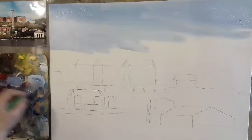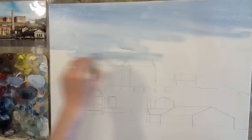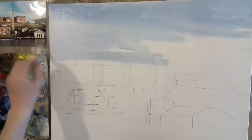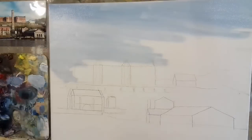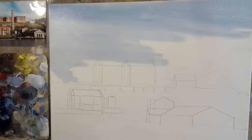So keep going with this, light blue all the way down, and I'm going to even go over this roof. Okay, there we are. Go right over that roof. And I want to bring a little bit of warmth into the sky. I know on the photograph it's just everything is just a blue, but I want to bring some warmth into the painting. So I'm going to add a touch of cadmium red,